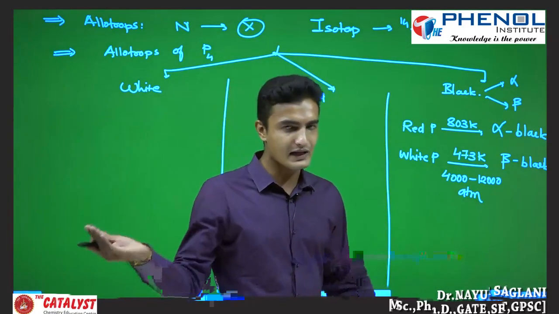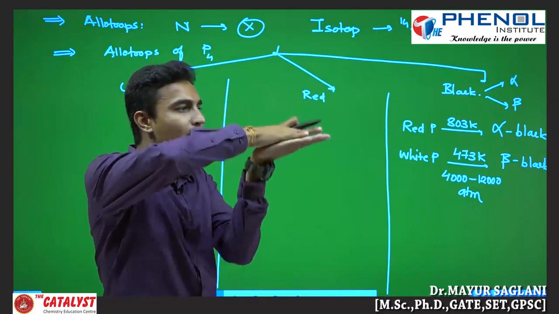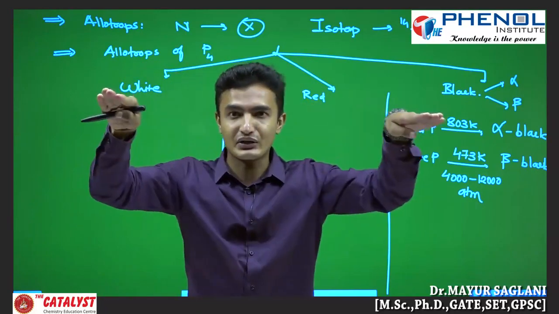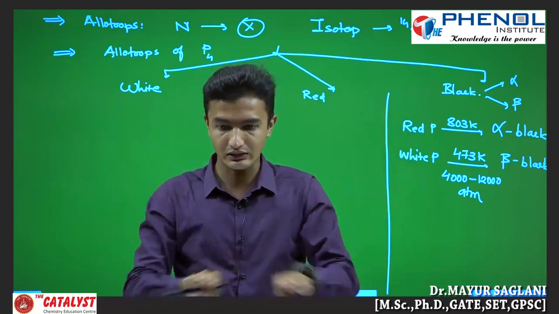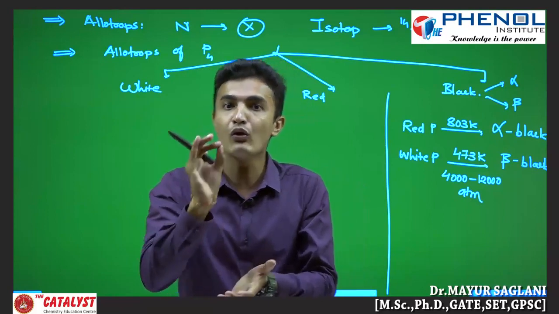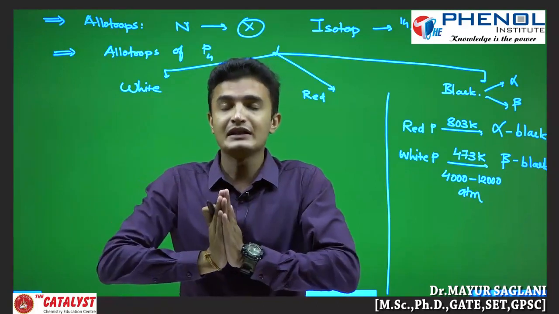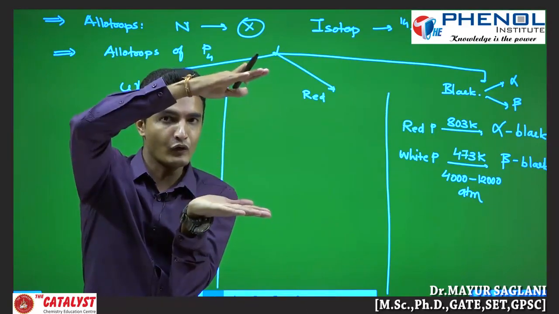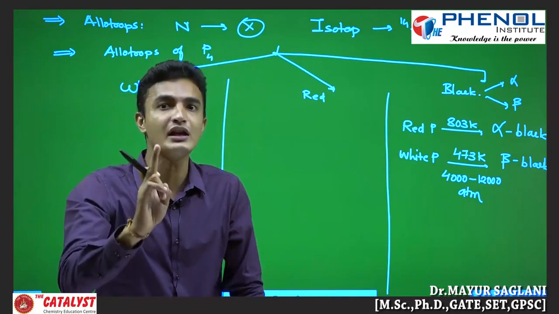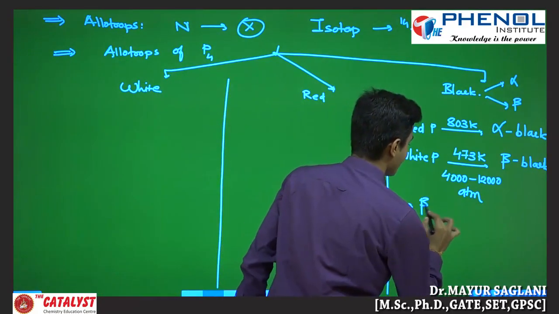We have seen graphite. Graphite has a layer structure, where the layers are bonded with van der Waals forces. Again I am telling you, graphite has a sheet-like, layer-like structure: 1 layer, 2 layer, 3 layer, 4 layer. Between these 2 layers there is no bond, only a van der Waals attraction, and we have seen the distance between 2 layers is 340 picometer. Likewise in beta black phosphorus, the distance between 2 layers is 368 picometer.